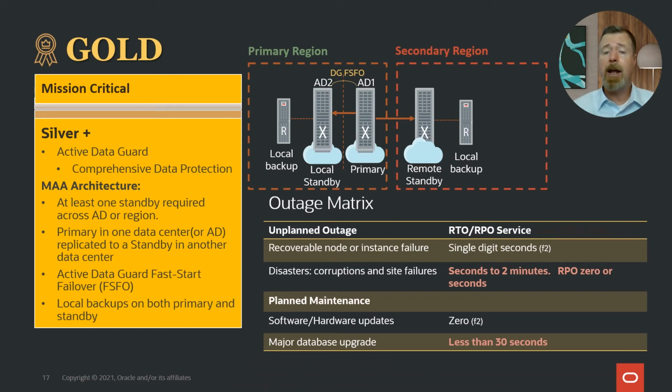So we set that up in asynchronous protection mode instead, maybe our Max Performance mode. So this will asynchronously push the redo over to the remote standby, and you could experience a small amount of data loss. Now, you can see that represented here in our RTO and RPO. From a disaster standpoint, we're talking seconds to 2 minutes for that role transition. Your RPO is 0 for our local standby. So if we have something go wrong with the primary RAC cluster, it can fail over to the local, and you will get 0 RPO.